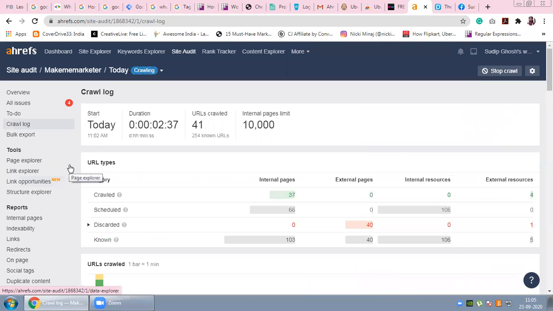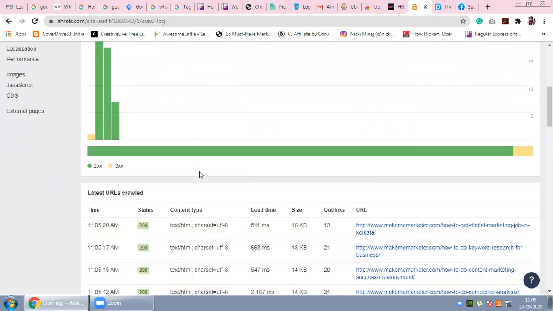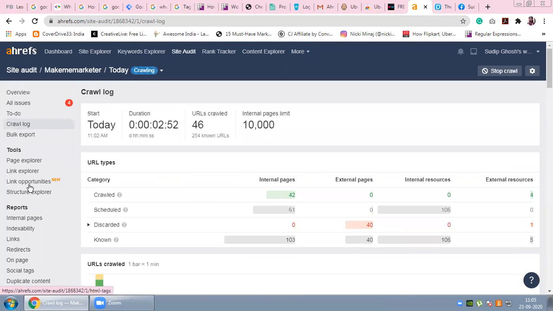Now I can see a lot of features, a lot of things. Oh, still it is crawling, so I have to wait. Once they finish the crawling part, I can see all the reports over here.